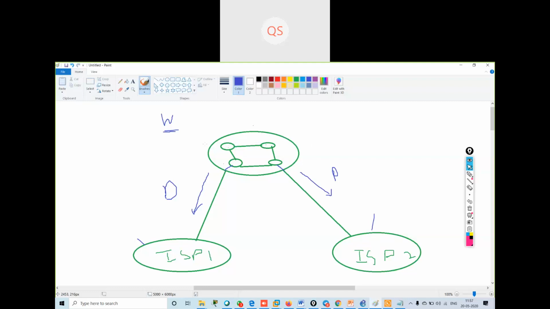Whatever routes I will be getting, suppose I am using this default route, this is my preferred route, so this router will not advertise this to my other router. Suppose this router is using this path via this router, then it will use this path only. It will not advertise to this router.